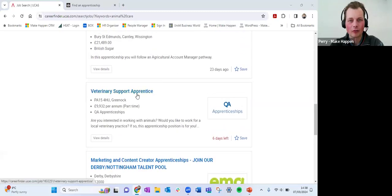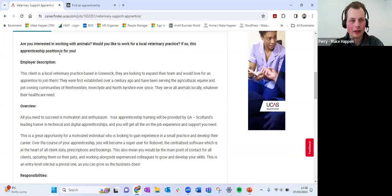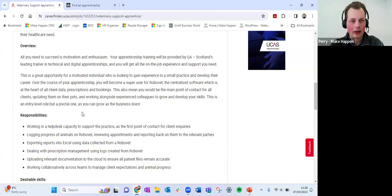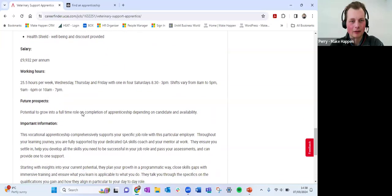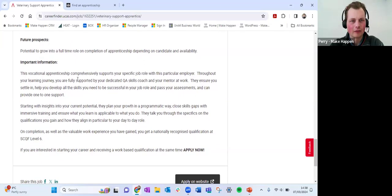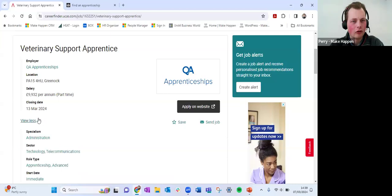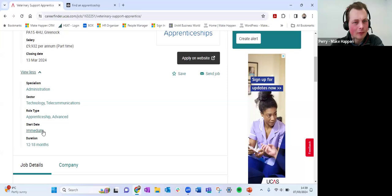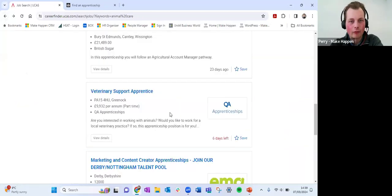But let's have a look at this veterinary support apprentice. I like the look of this one. As you scroll down, you often see a bit of a description of what the employer is like and what the position will involve, what benefits you get, the salary, and a lot of other information as well. If we take a look at the top here, okay, this one's an immediate start, I should say, but it's an advanced apprenticeship. So this one is equivalent to a level 3, so either an A level or a level 3 BTEC. So it's a good opportunity, but it's not quite the level we're looking for if we're looking at higher and